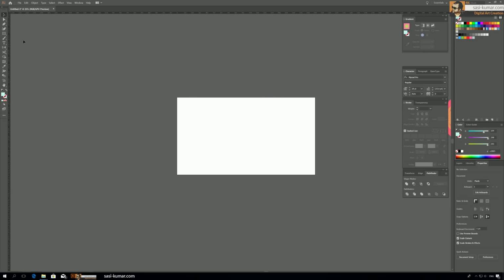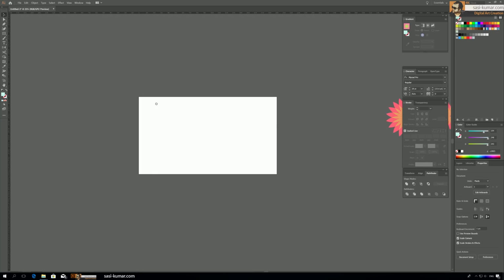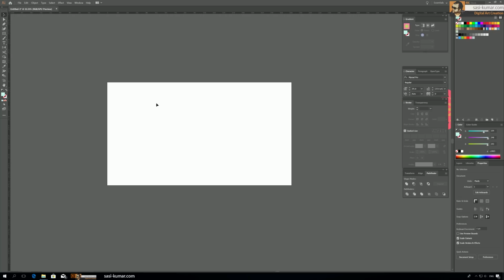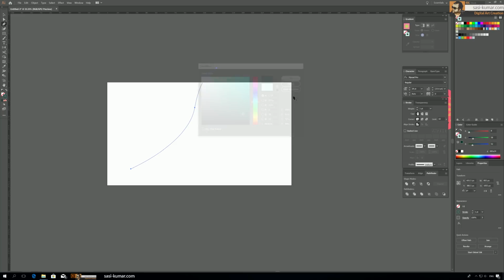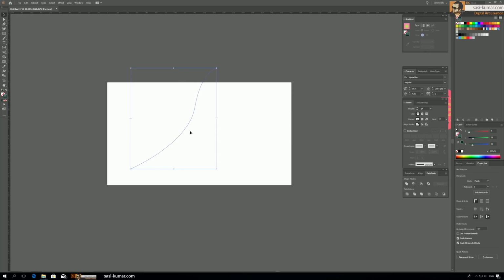All right, so next is the width tool, with which you can change the width of a spline line based on points. So I will show you what I mean by that. So let's say you have a spline line, and let's put a darker color. Yeah. So we have this line, and with this width tool we can adjust the line